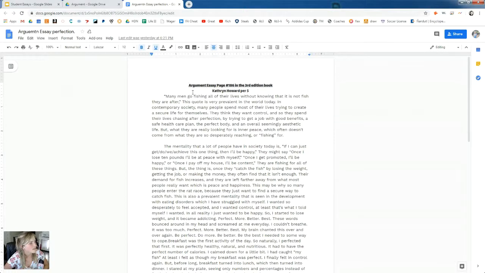In contemporary society, many people spend most of their lives trying to create a secure life for themselves. They think they want control, and so they spend their lives chasing after perfection by trying to get a job with good benefits, a safe healthcare plan, the perfect body, and an overall seemingly aesthetic life. What they are really looking for is inner peace, which often doesn't come from what they are so desperately reaching or fishing for. The mentality that a lot of people have in society is, if I can just